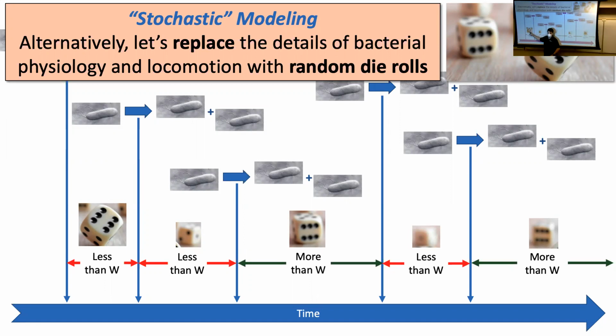If it comes up 6, I'm going to use one duration that's less than W. If it comes up 2, I'll use a different duration that's less than W. If it comes up a different number, I'll use a different duration that's more than W. Whatever that number is, you get the idea: every side of the die, and maybe how that die is oriented where it falls, could represent a different duration that I'm simulating in between reproduction events.